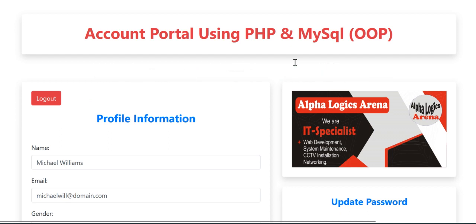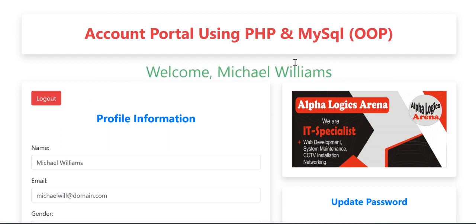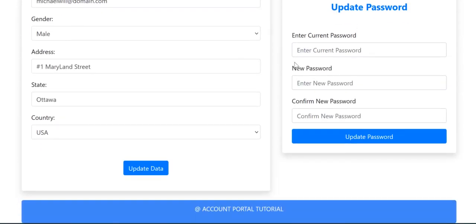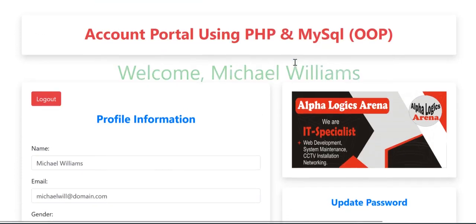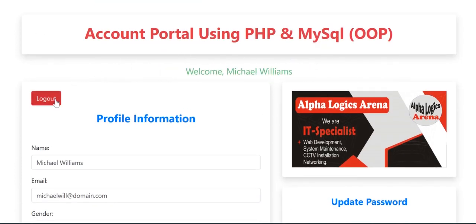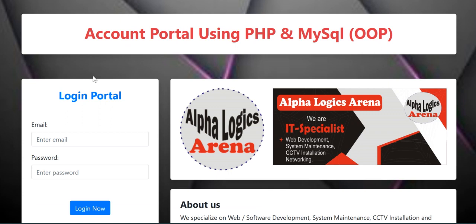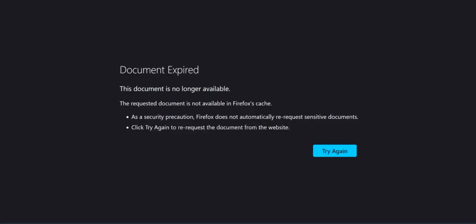Thank you. Now this is just how the system works. You can include this approach in your project. And the last thing to check on this portal is logging out of the system. When I log out of the system, it takes me back to the home page. When I try to go back with the back button,